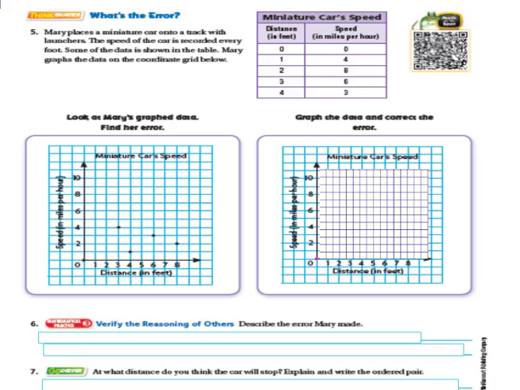Mary places miniature cars onto a track with launchers. The speed of the cars is recorded every foot. Some of the data is shown on the table. Mary graphs the data on the coordinate grid below. So if we look, are you noticing anything that's maybe, I don't know. So let's look. If she graphs this,